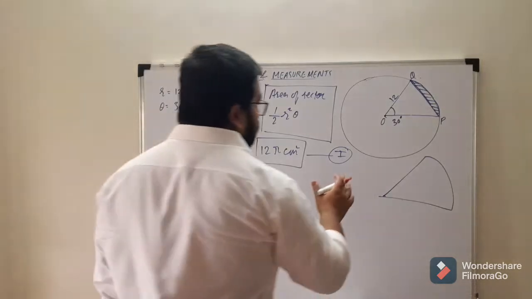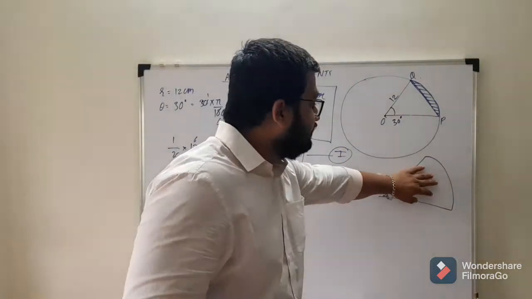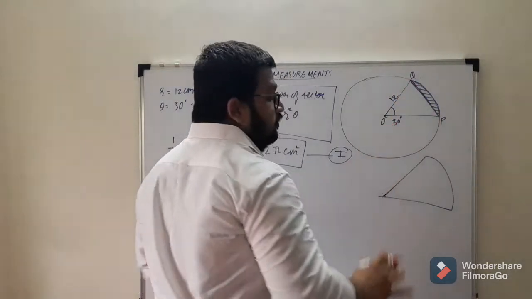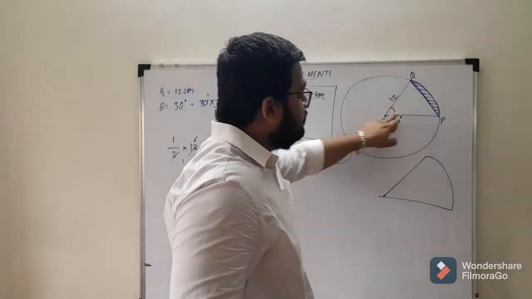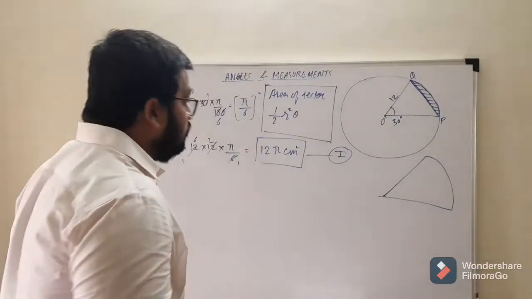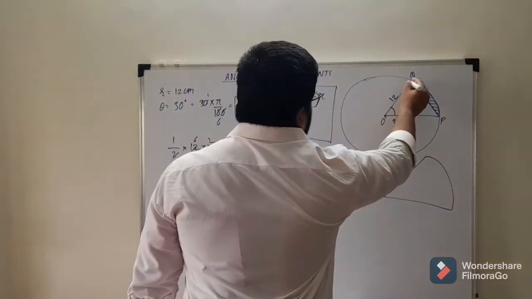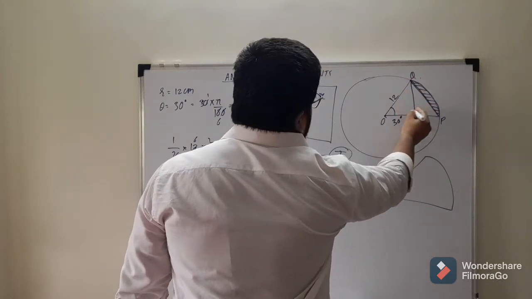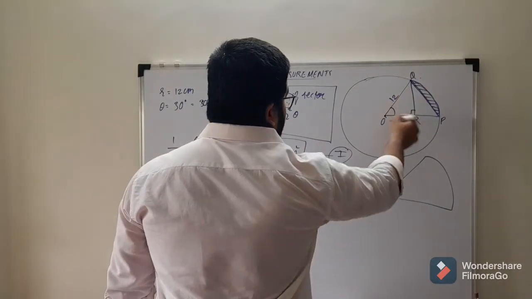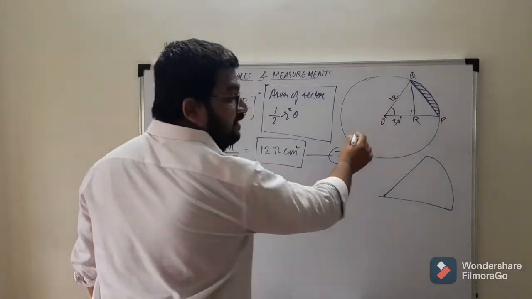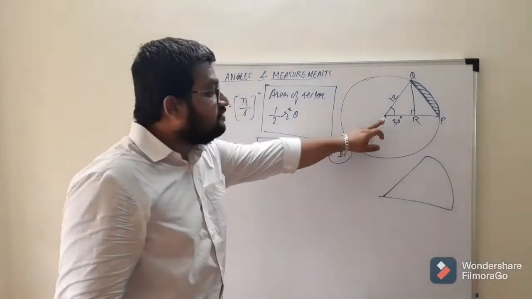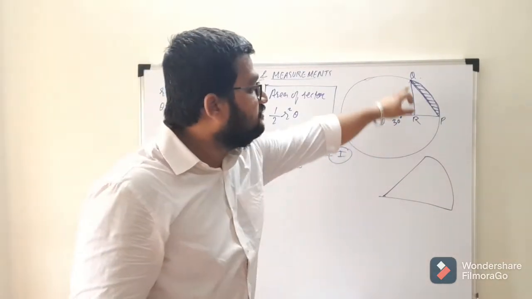Now what we have to do, just imagine here, this is the sector, okay, and this is the chord. Okay, so what we will do, we'll subtract the area of this triangle from the area of this sector, so that we'll get the hatched portion's area. Okay, so now we'll draw the perpendicular here. Okay, this will be of 90 degree. We'll name it as, let us say, QR. Now as QR is here, this becomes a right angle. Now in the right angle triangle QRO, they have already given this is 30 degrees. So this is nothing but a 30 60 90 triangle.